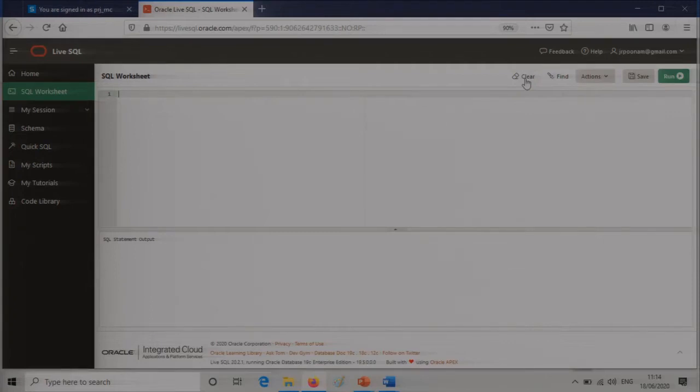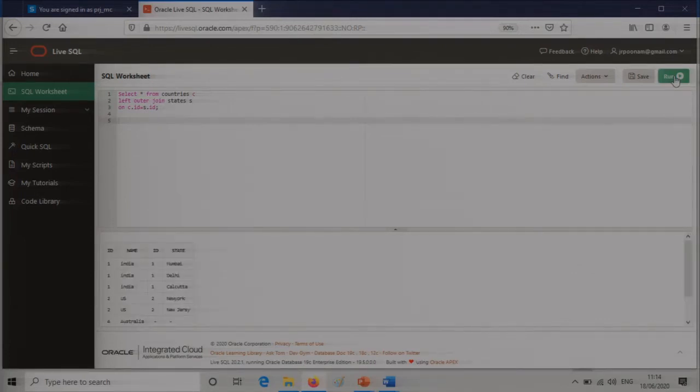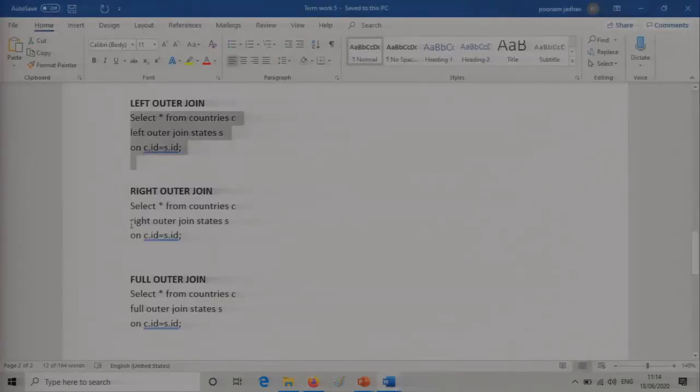Now let's take up the left outer join. So I'll just clear this for you. Left outer join will take up all the data from the left table. Even whatever is common from the left table to the right table will be extracted from the right table, and wherever there are no entries, for example, if you can just see here, for Australia and UK, which were 4 and 3, which were there in the first table but no entries were there in the second table, however they will be extracted with null values. Okay, this is left outer join.